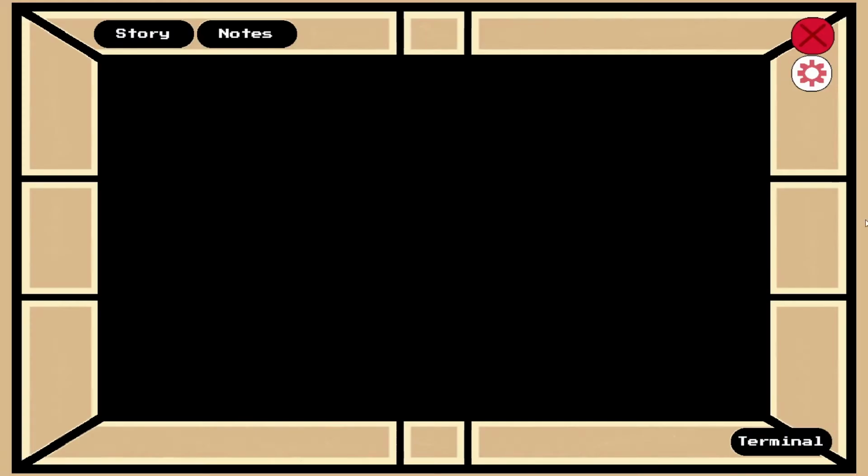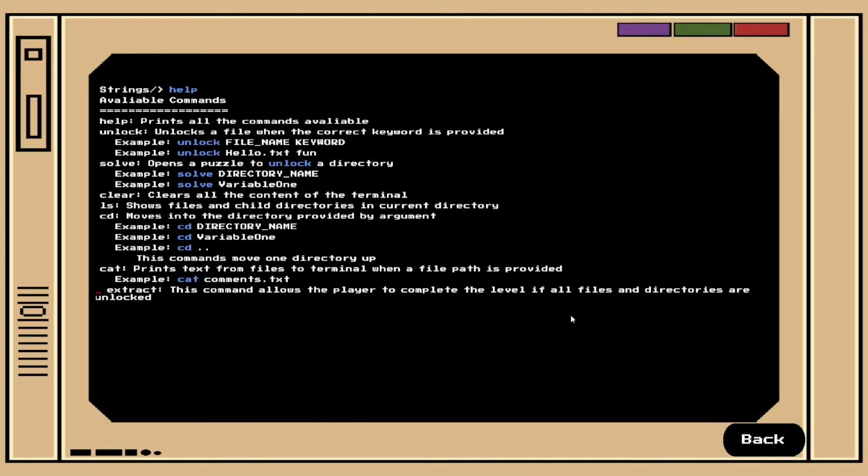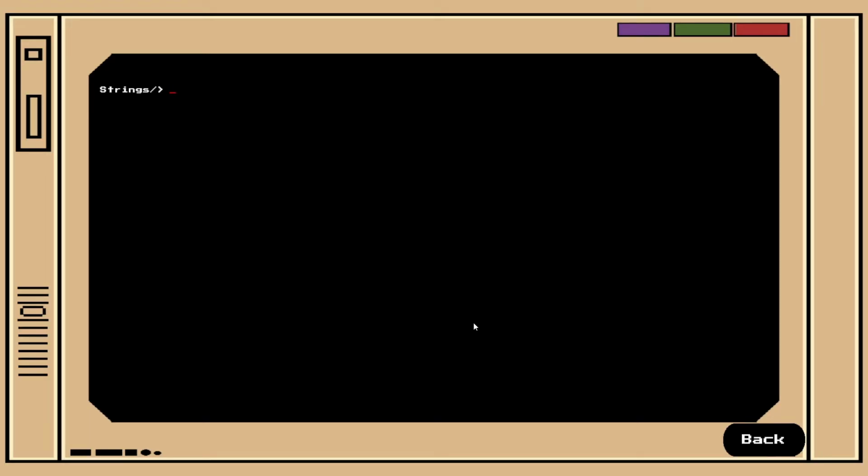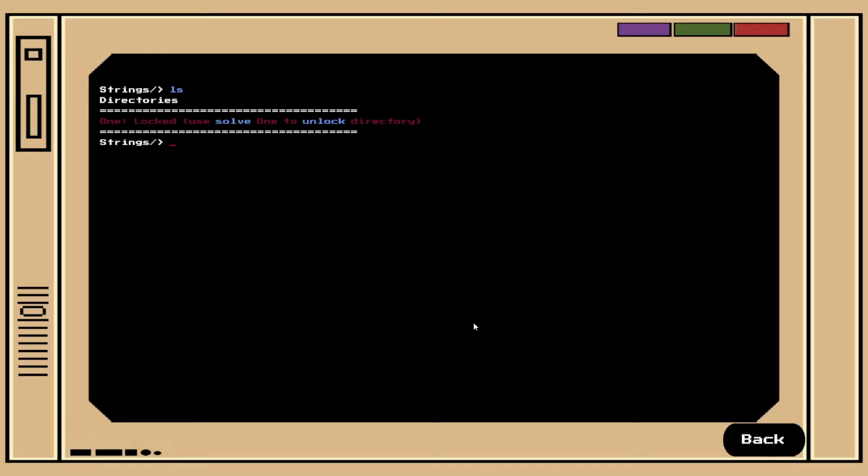We have settings over here. And then we have the terminal right over here. So the goal of the game is to unlock all the files and all the directories in the level, basically in a file system. And once they do that, then they complete the level. So we're using a terminal approach because terminals are very important in computer science. I think it's a good way to teach kids how to use it when it's in a simplified manner as I've made it here. So we do ls,